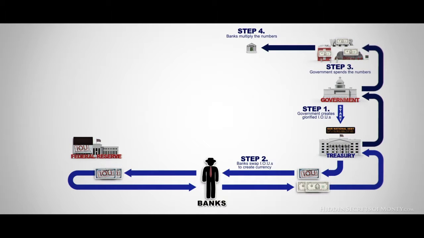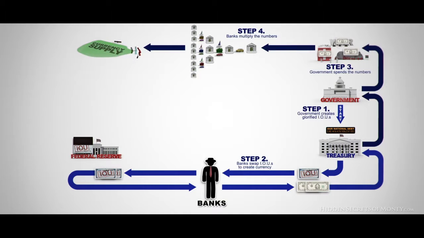the banks multiply the numbers by magically inventing more IOUs through fractional reserve lending, where they steal a portion of everyone's deposit and lend it out. That currency gets redeposited, and then a portion is stolen again, and the process repeats over and over, magnifying the currency supply exponentially. Then we work for some of those numbers,